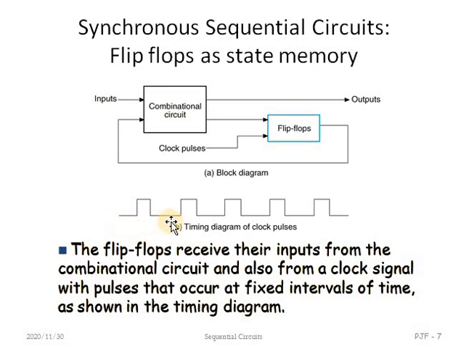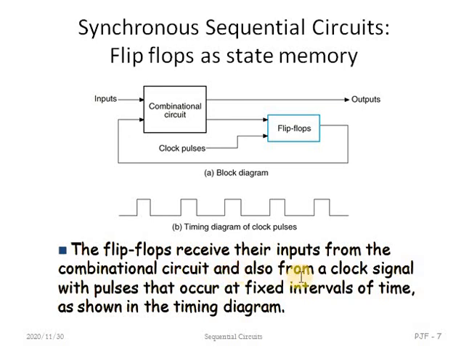See here, this you call a rising edge, and up to this you call a falling edge: rising edge, falling edge. So this is the synchronous sequential circuit with flip-flops as stated. So what is a flip-flop? The flip-flop receives its input from the combinational circuit. So see here, from the combinational circuit it receives the input